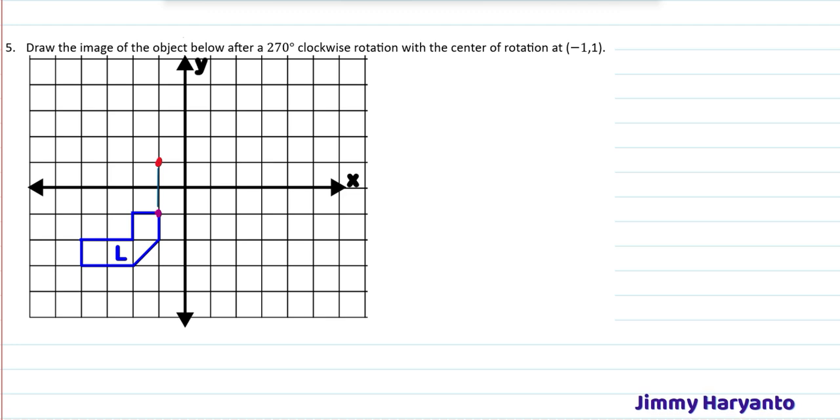Yeah, 270 degree clockwise means 90, 180, 270 right there. After you mark the angle, you have to draw another line as long as the first, which is 2 units right there. Okay, so this is our first